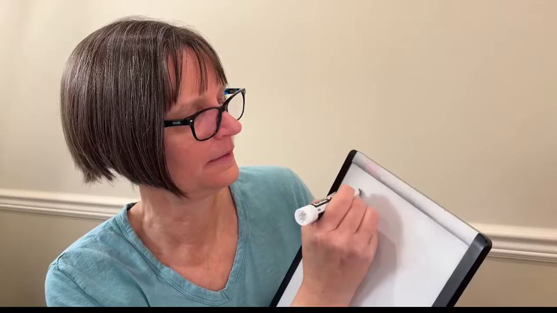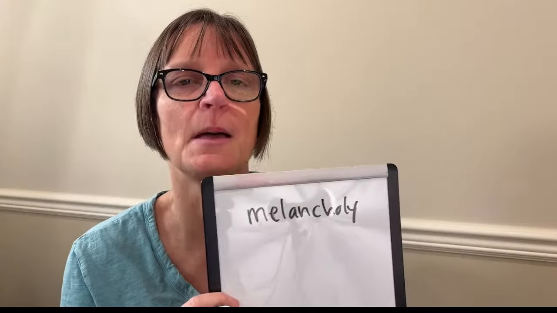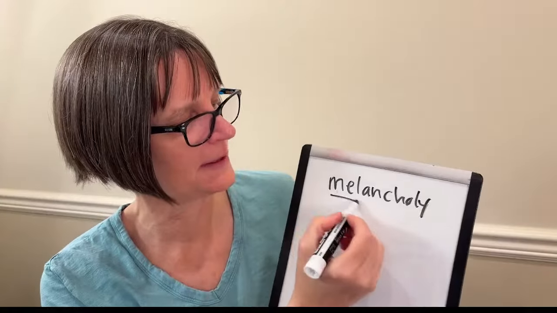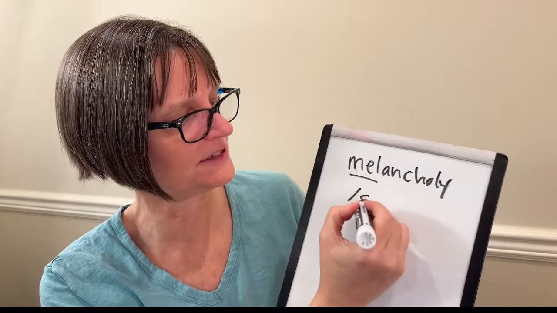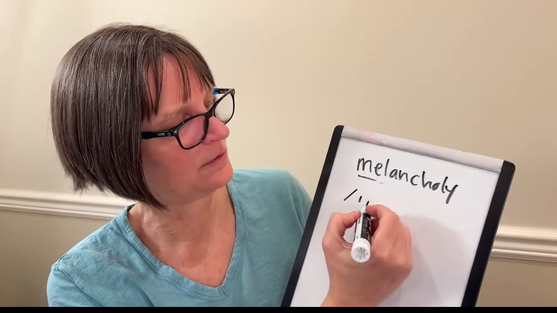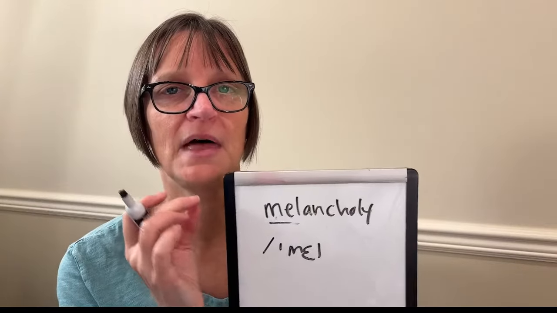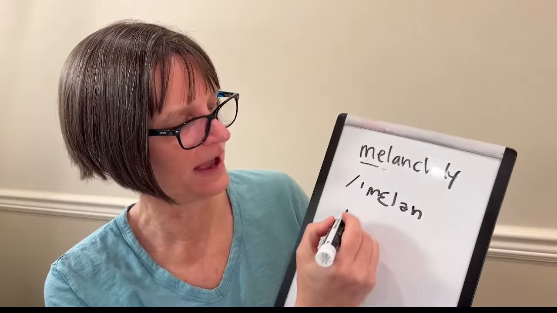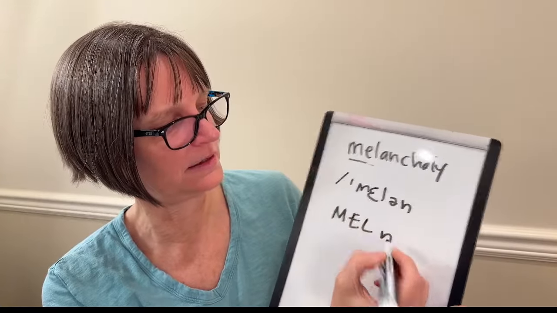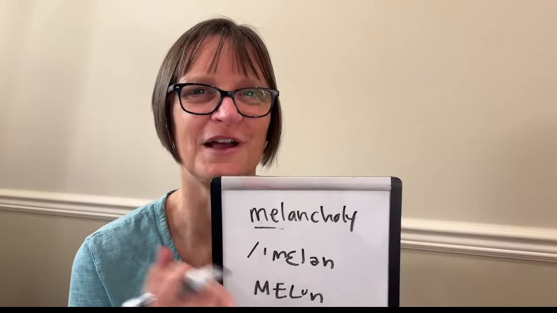Okay, we have a question about how to pronounce melancholy. So let's take a look. Okay, to pronounce melancholy, we have first syllable stress. Mel has the clear vowel eh, like in met. And so in IPA it would be mel, melon. That A almost says no vowel at all. Melon, it's going to have a schwa. So I would kind of almost write just melon. So go pretty quickly from your L to your N, melon.